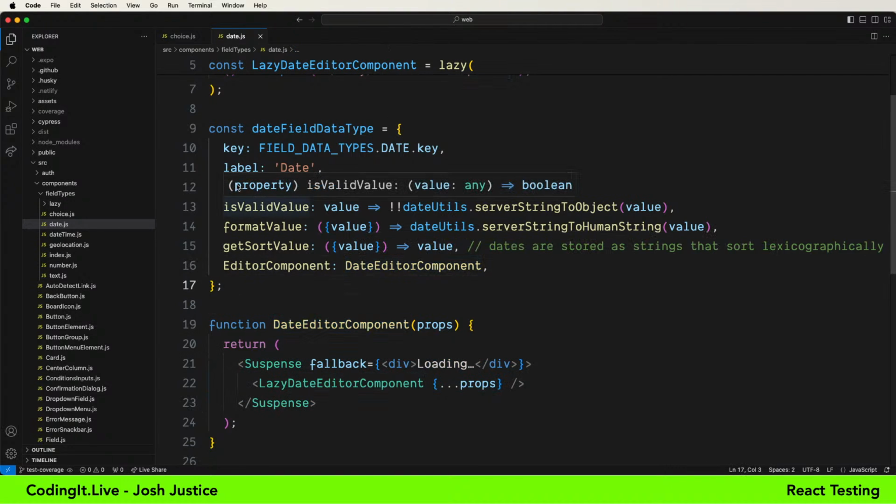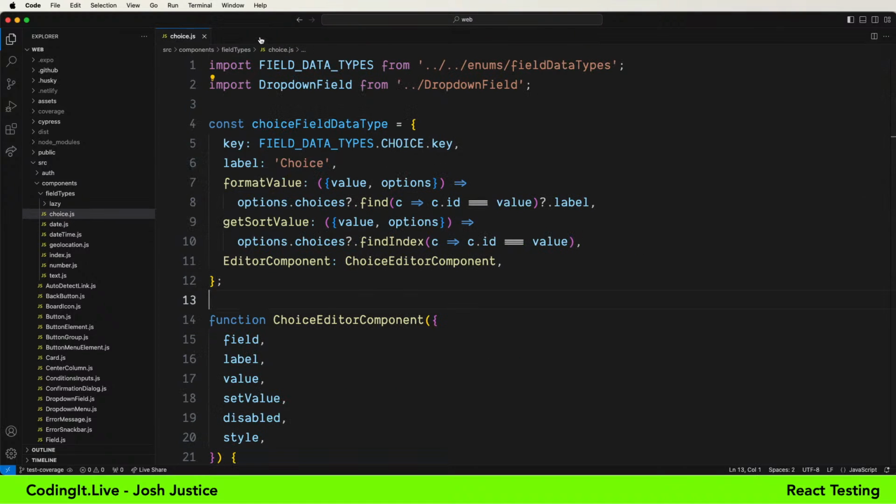Oh, I see there are a few other properties as well. Is temporal, is valid value. I forget what I used as valid value before. Generally, there are no validations in the UI, so I'm not totally sure. But when we get to that, we'll investigate it. Let's think about the choice here.